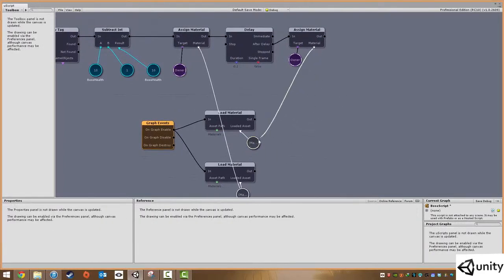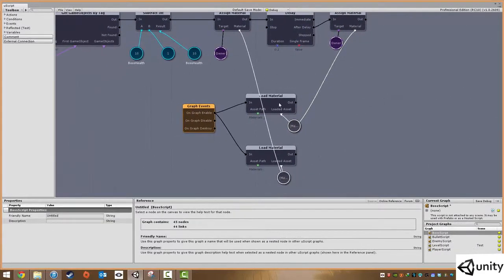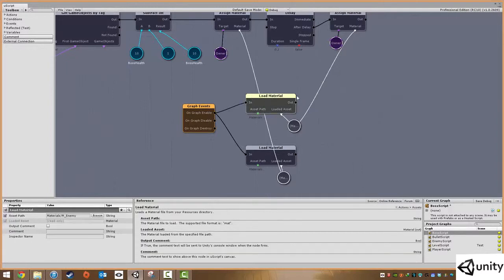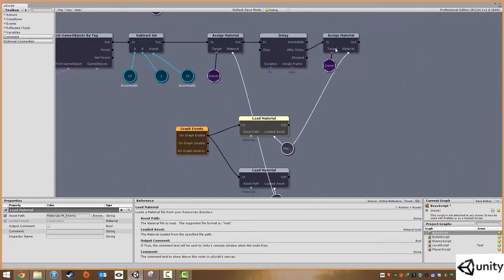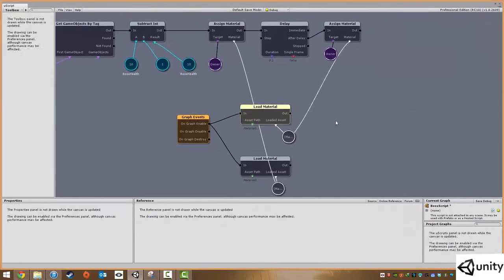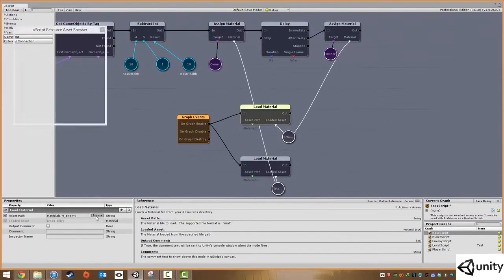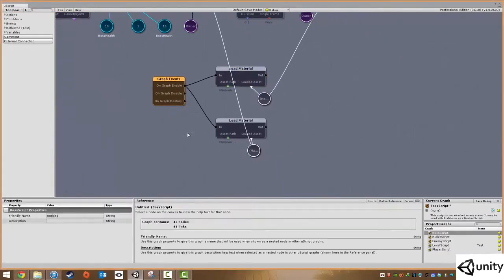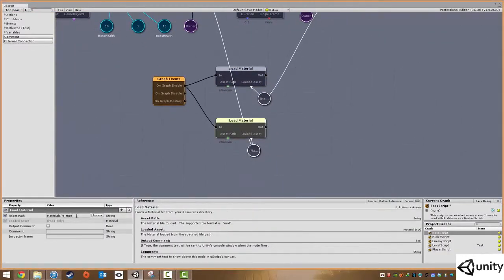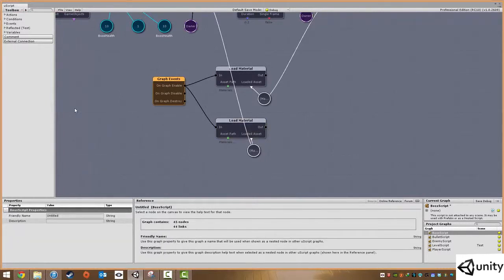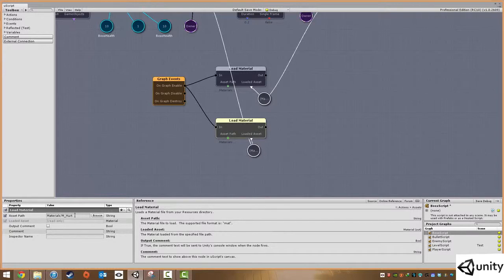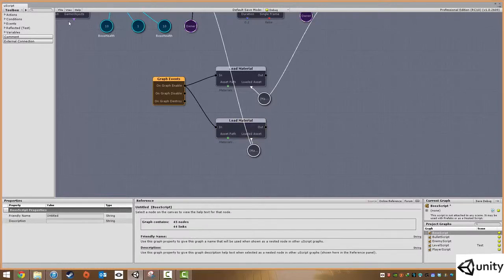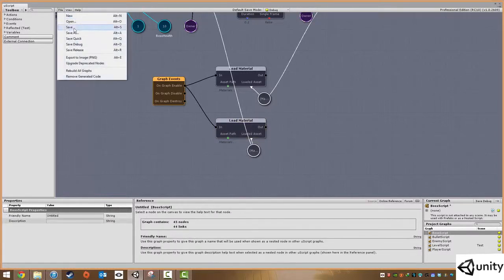Now you're probably thinking, screaming at me, we've not done something. We do just need to go into this guy here, load material, because this is actually going to assign it back to the original enemy material, which is red. However, we need to make sure we click browse and change that to m_boss material. This guy is fine because that's the generic hurt material. Although if you do want to have another material for m_hurt_boss, a boss hurt material, you can do that as well. So I'm going to click file and save